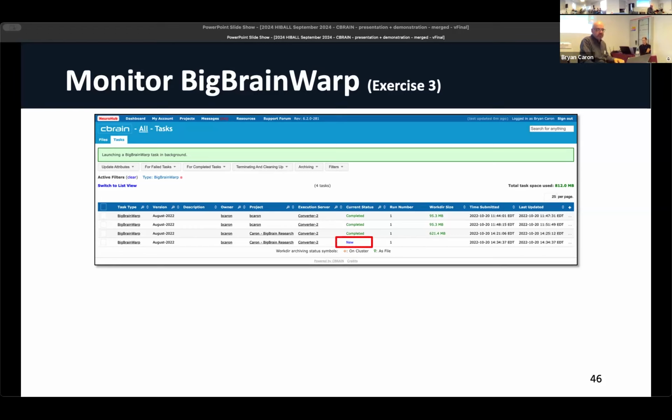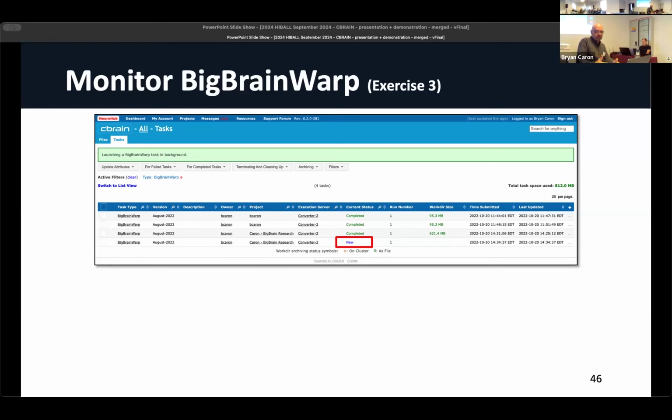But you should see, particularly in your case, you will only see one entry. In my case, I'm showing here how they'll show multiple tasks in my collection of tasks that I've submitted to CBRAIN for this project. At that point in time, what I'm showing here on the screen, you can see there are also completed tasks. Those are marked in green as completed. But the first thing you should see is that the current status of the task that you just submitted will be marked as new, meaning it's brand new and just got submitted to the system.